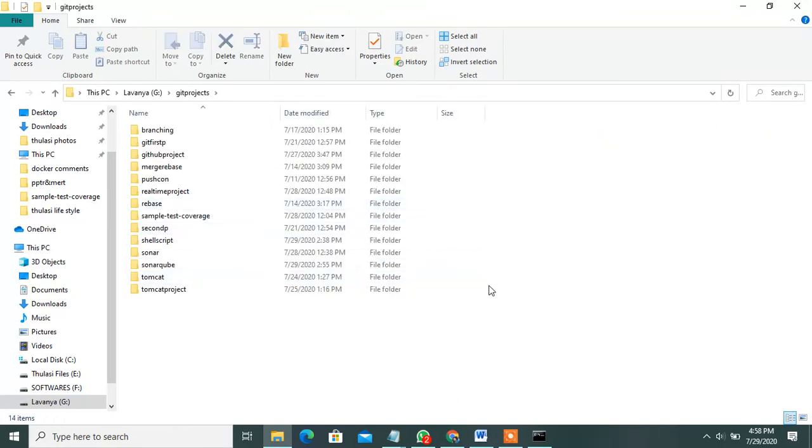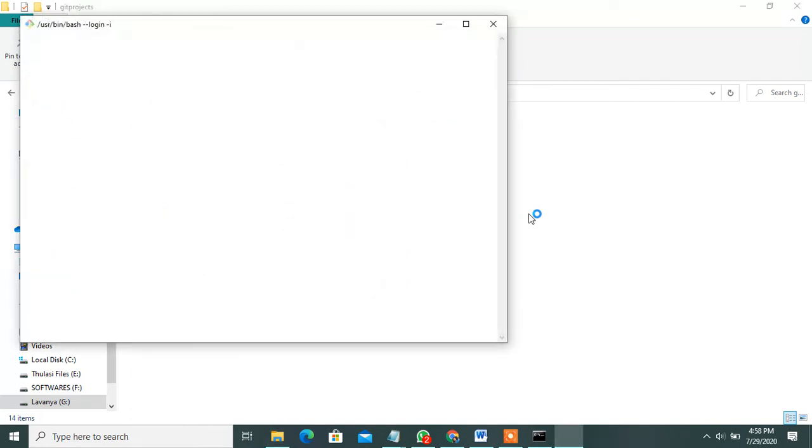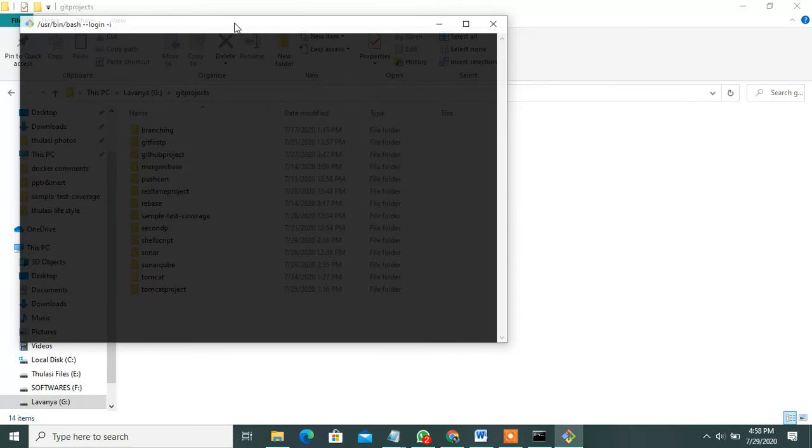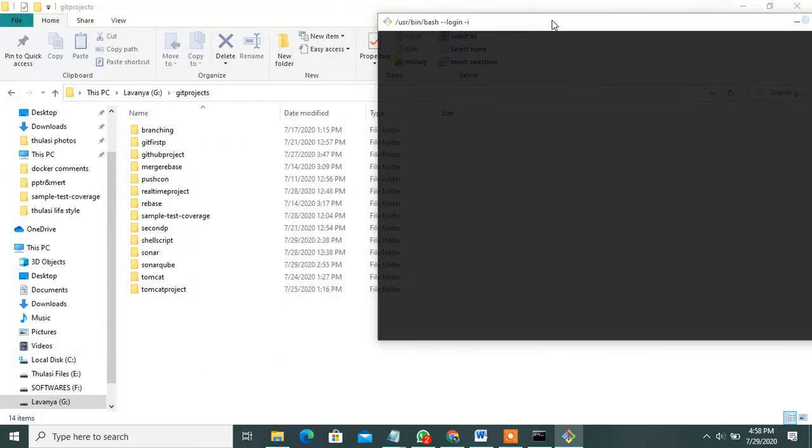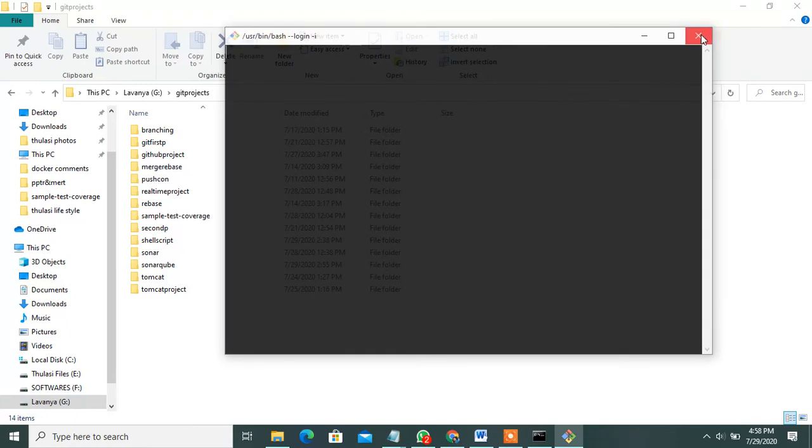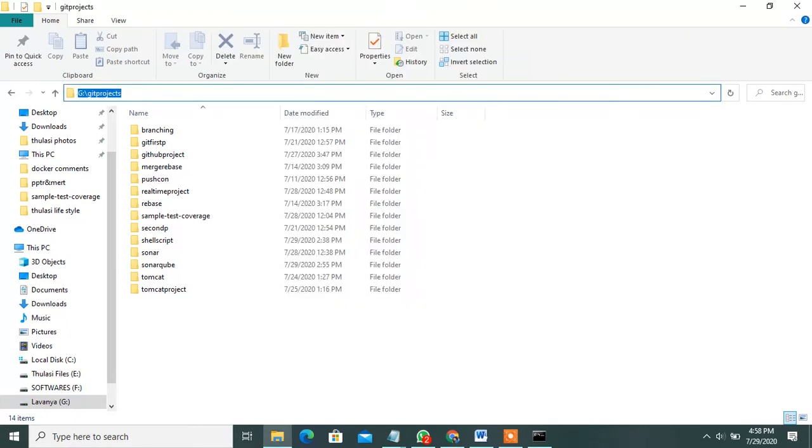This is a Git project, and run Git Bash right here. Yes, it's running successfully in Git Bash. Sorry guys. So run the command prompt also here. Go to the command prompt.